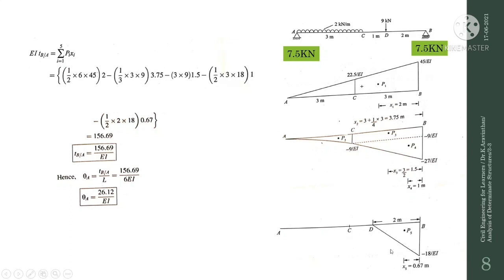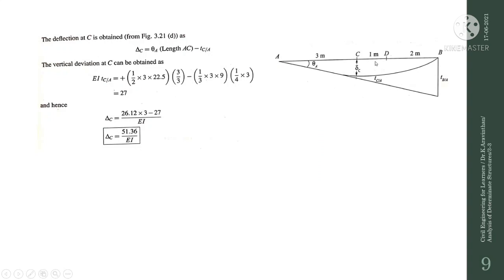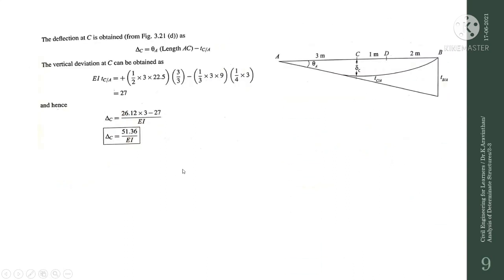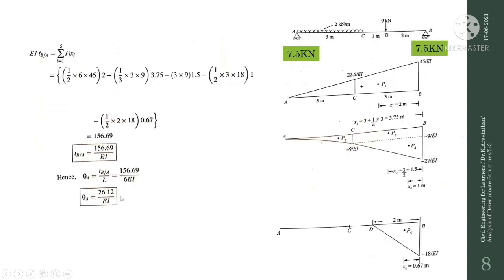Okay, and the last bending moment area will be half BH, so half into 2 into 18. You have to simplify this, and you will get 156.69 as the total deviation, divided by EI. Okay, next you have to find theta A. It is the same procedure: you have found TBA, and theta is found by adjacent into opposite. The distance you got is 156.69 by EI, and the distance here is 6 meter. If you divide by the distance, you will get theta.